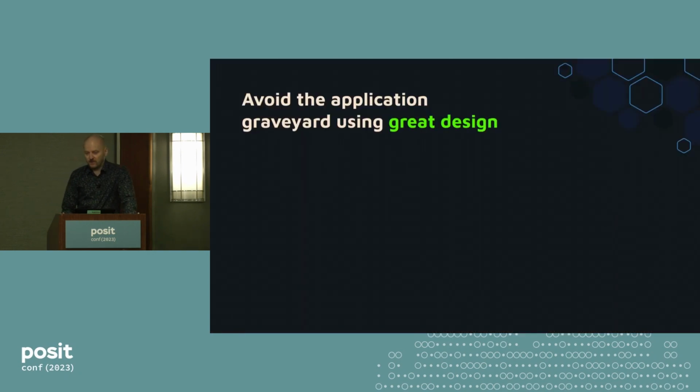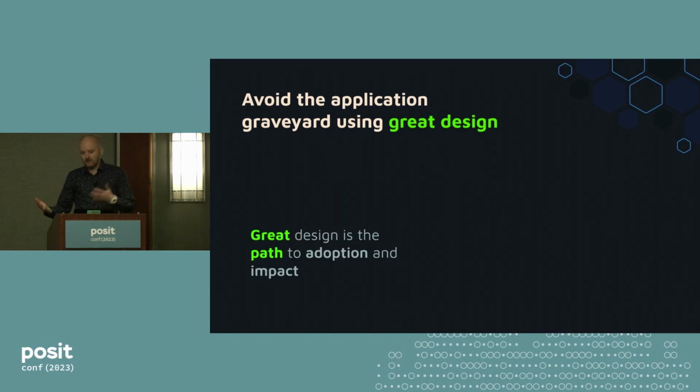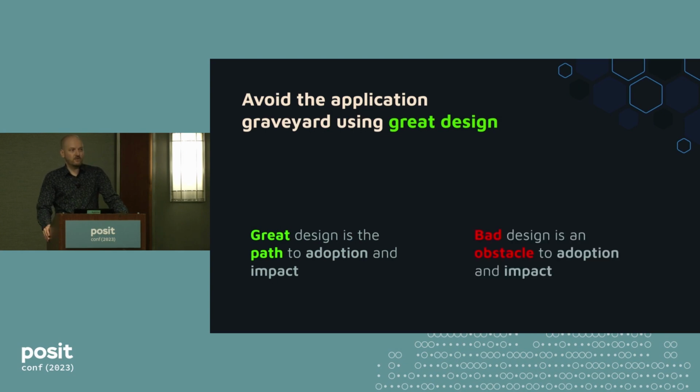Okay, so first of all, of course, we are going to try to do it through great design. But we don't only care about design for its own sake. Of course, we care about it because great design is a path to what we really want, which is adoption, people using our apps, and impact, that their lives are better and the results of their companies are better as a result. And of course, the opposite is also true: if we ignore design and by accident end up with a bad design, this can be a significant obstacle to adoption and impact. So that's what we would like to avoid.